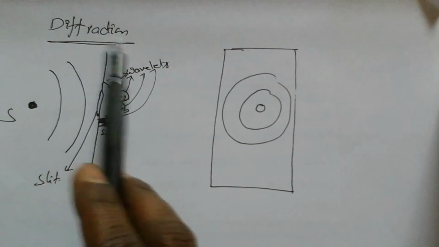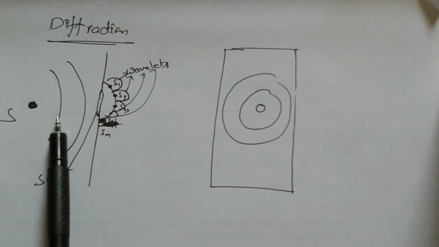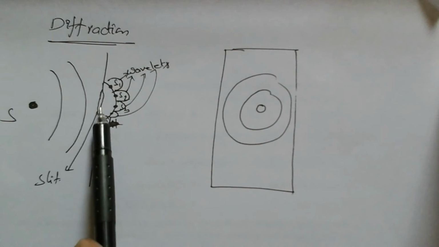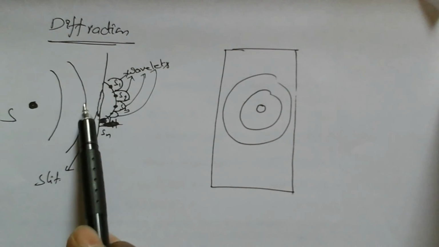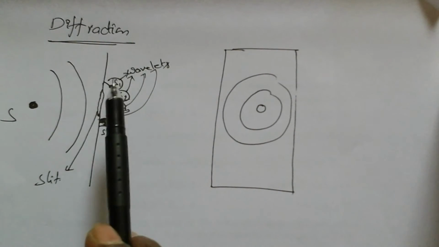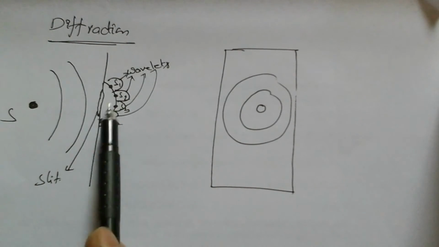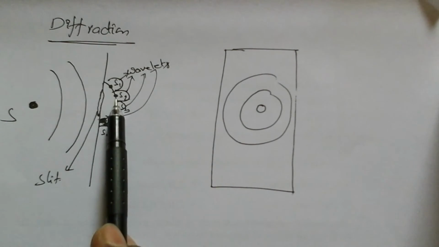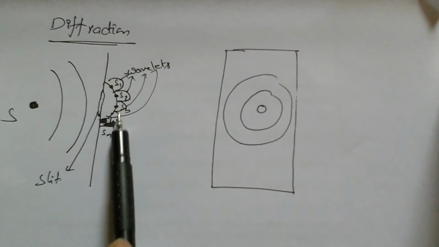Now we are discussing diffraction. We are taking a source. From the source, spherical wavefronts are coming. And here, if you take a small slit, from the slit the wavefront emerges. If a spherical wavefront is coming, a spherical wavefront comes out; if a plane wavefront is coming, a plane wavefront comes out. But whatever it may be, the wavefront comes out here like this.